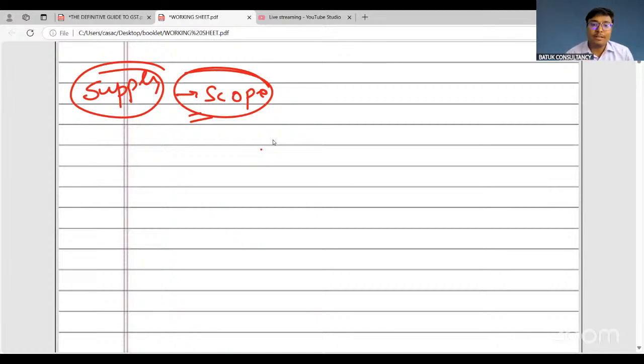Now the government thought that yes, we have determined this term supply, but now we should provide an understandable definition of this supply to the public, so that they can easily understand which transactions or activities GST will be applicable on, and which specific transactions or activities no GST will be applicable on. So we need to provide that type of clarity, because this is the base of the complete GST law.